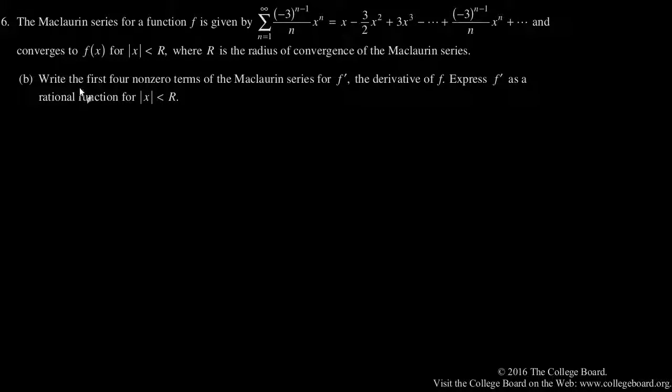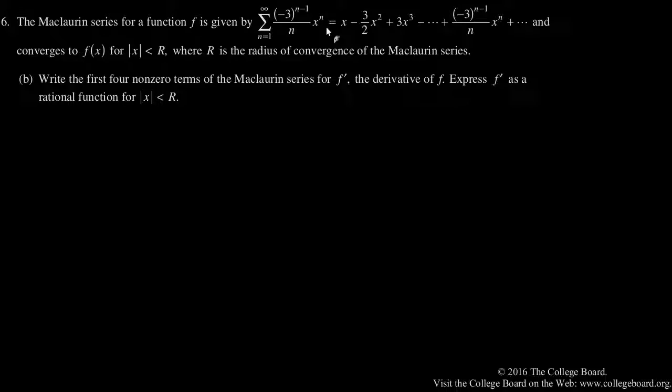Alright, part B, we want to write the first four non-zero terms of the Maclaurin series for f prime, the derivative of f, and express f prime as a rational function, not this Maclaurin polynomial. In here, they only give me the first three terms. I need four, so I can't just use this little cheaty thing here. I could evaluate the fourth term there, but